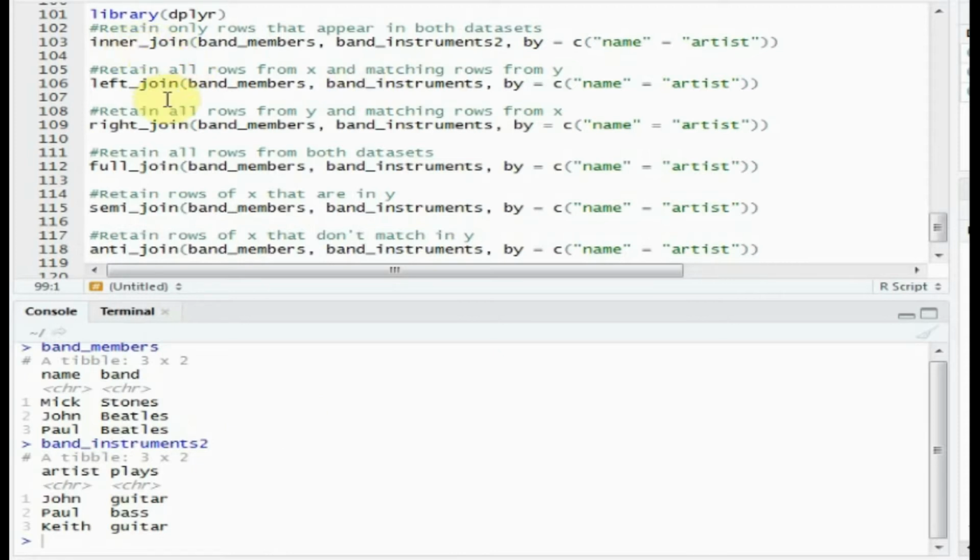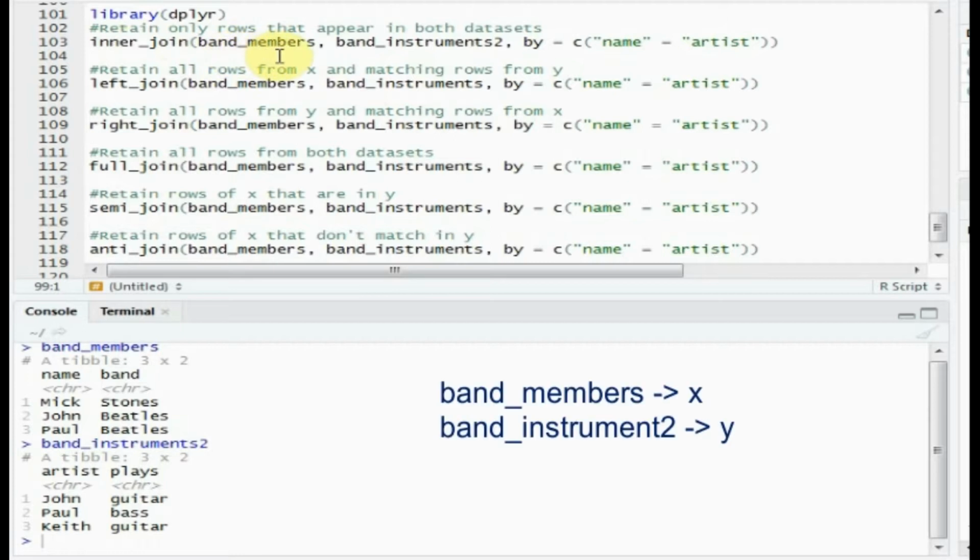So if you see here, the format is the same. The first will be your dataset 1, band_members, denoted as X, and the second is band_instruments2, that is your dataset 2 and denoted as Y.